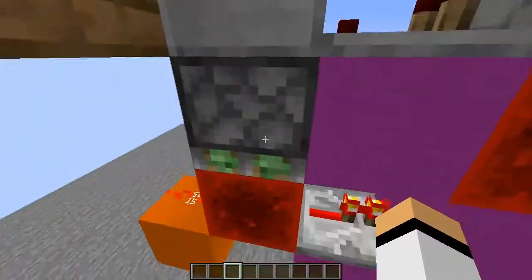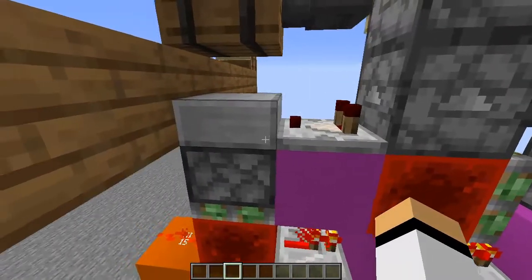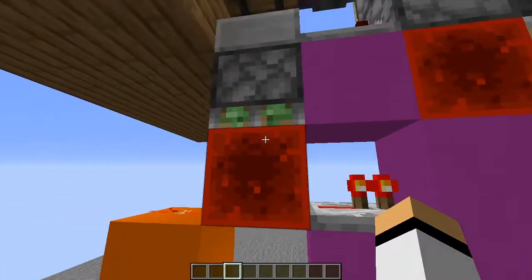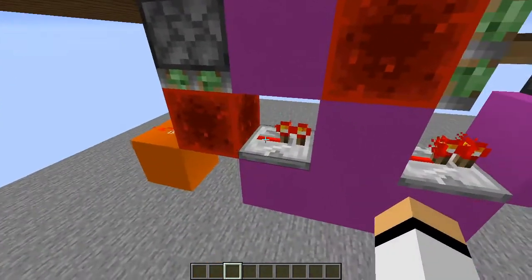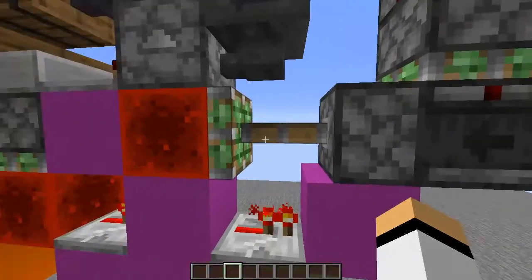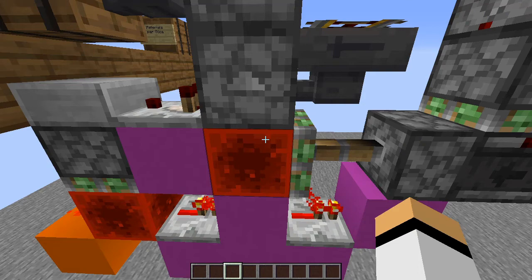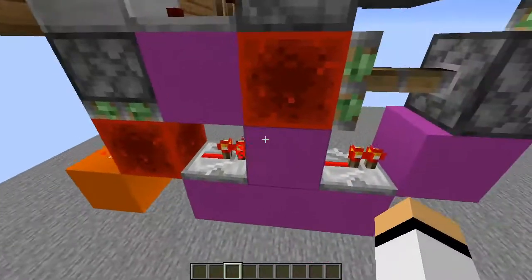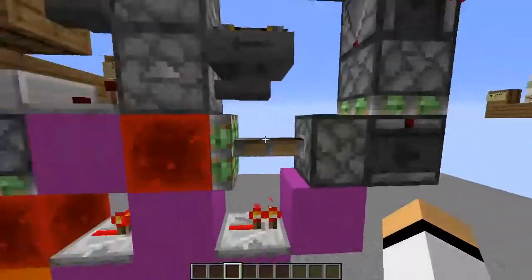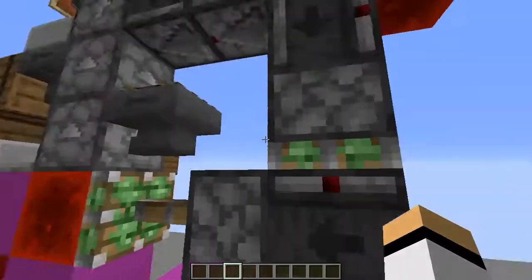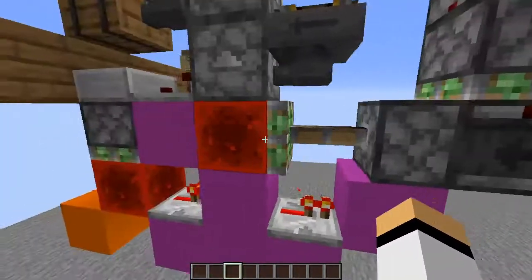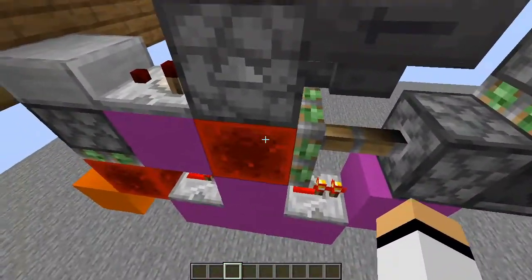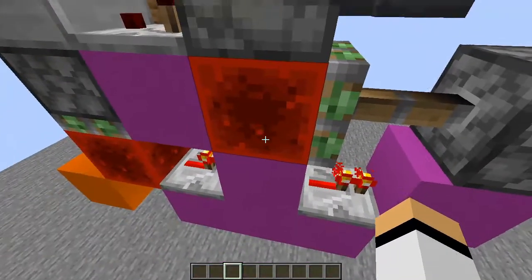So what happens here is this comparator unpowers this piston. It retracts the redstone block here, powering the piston here, right? And the reason we need to have two ways to power this piston is because one is when the shulker gets full, right? And the other is to make sure that this block of redstone is actually going to be here until the